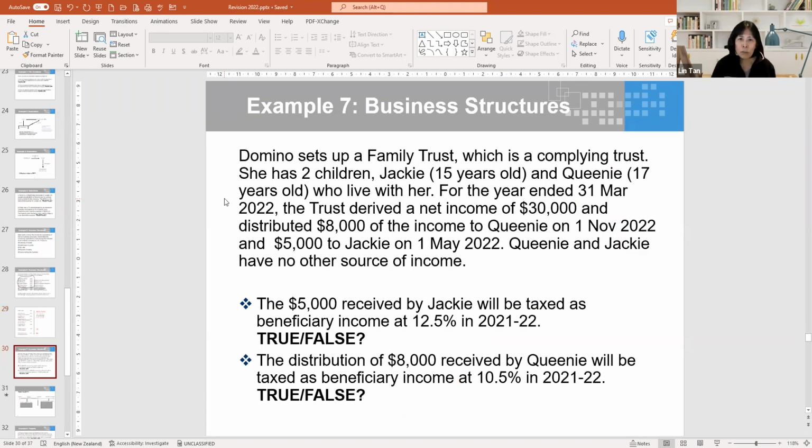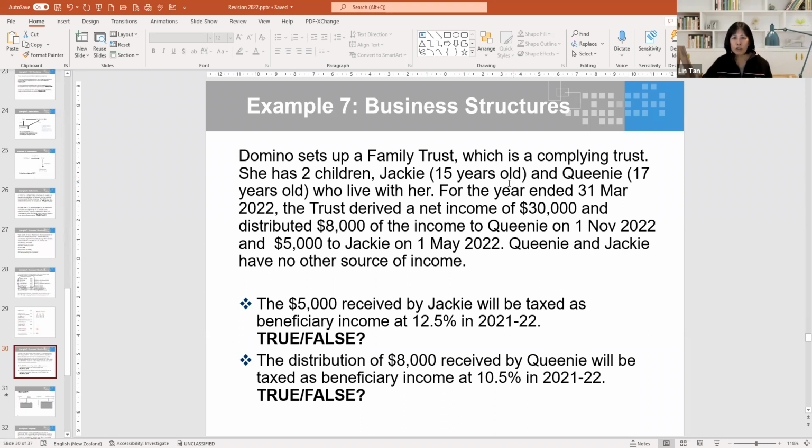Another question on business structure could be referring to trust. I've gone through some examples with you all on trust, and that is to understand how income from trust is subject to tax. So this is a scenario given about a family trust where there are 2 children who are the beneficiaries, and